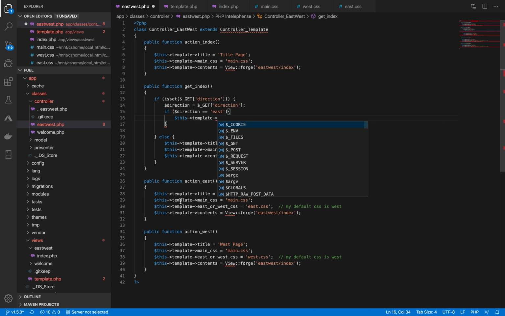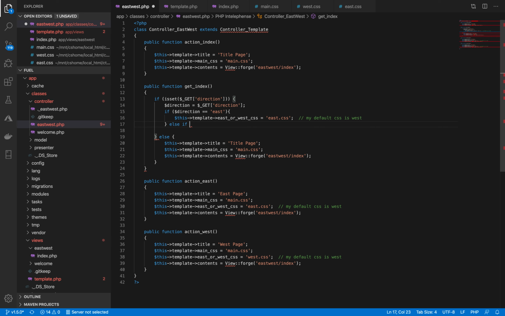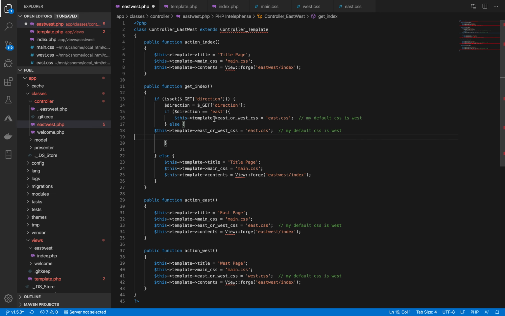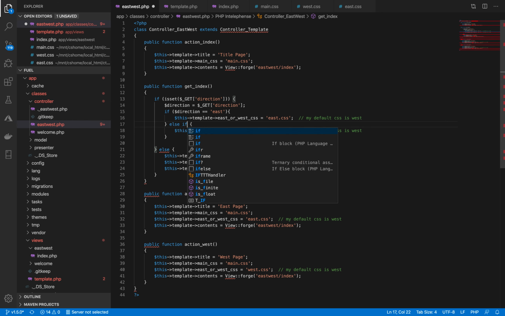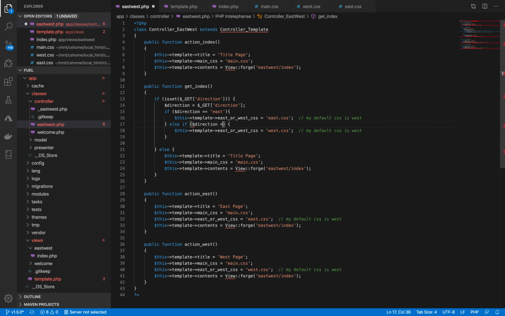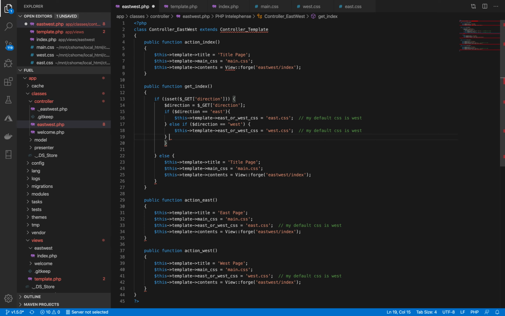Remember how we were doing this east or west down here, so honestly we'll just copy that. East or west equals east. Else if, and honestly let's just default to west. So what will happen is, or honestly we shouldn't do that, we'll just do $direction equals west, and then finally we just default to, we just don't do anything in the other scenario,